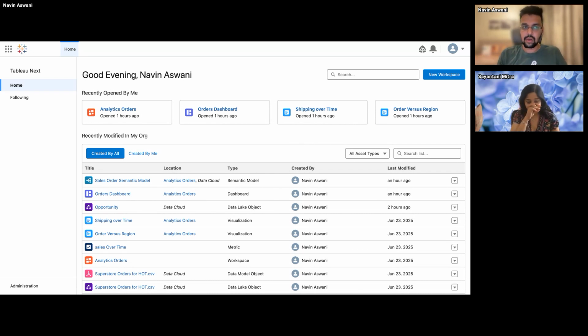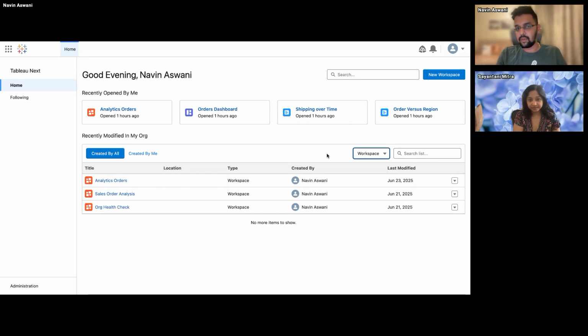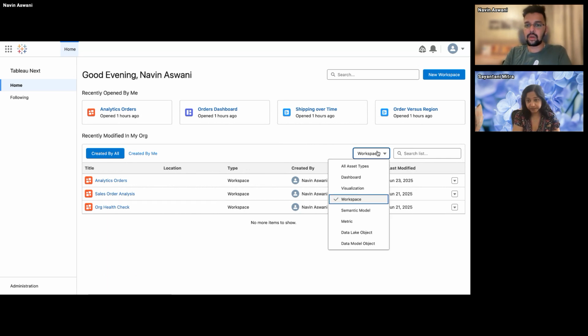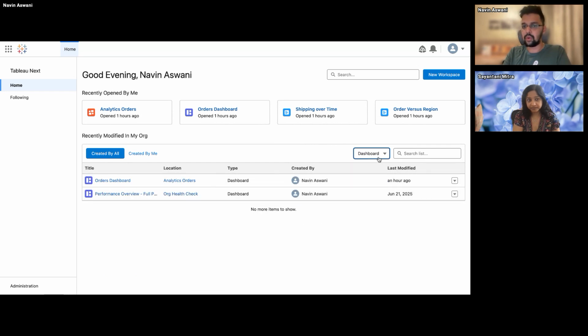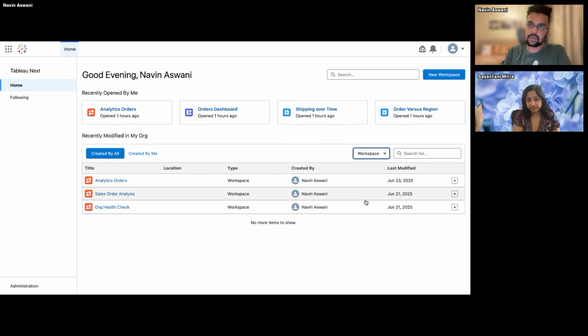But it's a bit different in our Tableau Next. So here we call it workspaces. Even if your background is the actual Tableau product, Tableau Desktop, there is also a concept of workspace. Inside that you create worksheets and so on. But now coming to Tableau Next, here would be a couple of workspaces that are already there, and you can just filter out if you want to see only the dashboards, if you want to see visualizations, and so on. So for now, our focus is at app level, and this is what I'm going to show you: how we are going to deal with the semantic layer first, and then we'll come to the visualization layer.